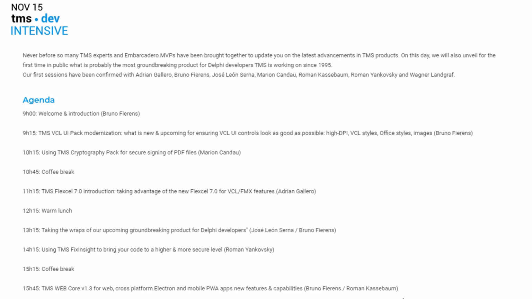But the key is to bring all technologies that you learned on that day together in one big product. Of course, this is going to have demonstration character, but still you'll learn about the technologies and methodologies, how to build a product that makes use of all the technologies introduced on the TMS Dev Intensive Day.